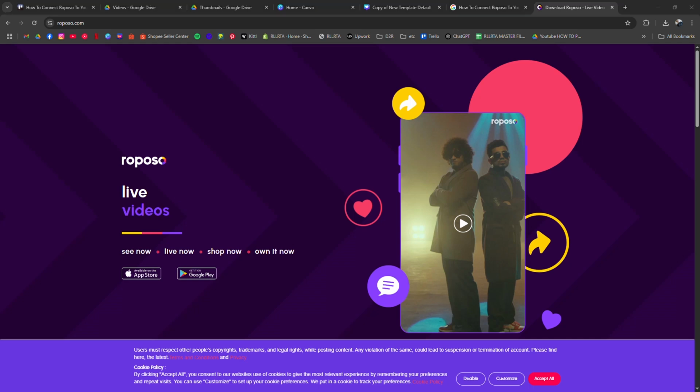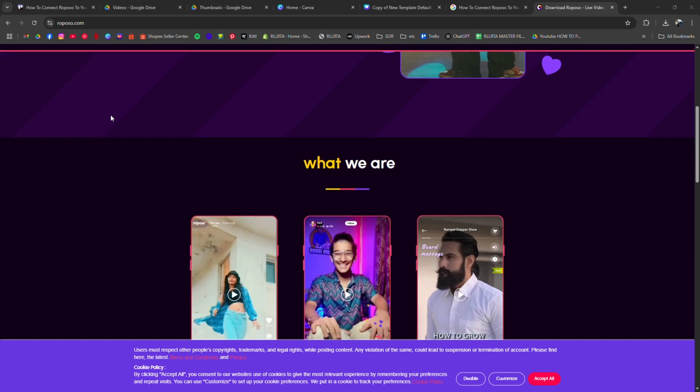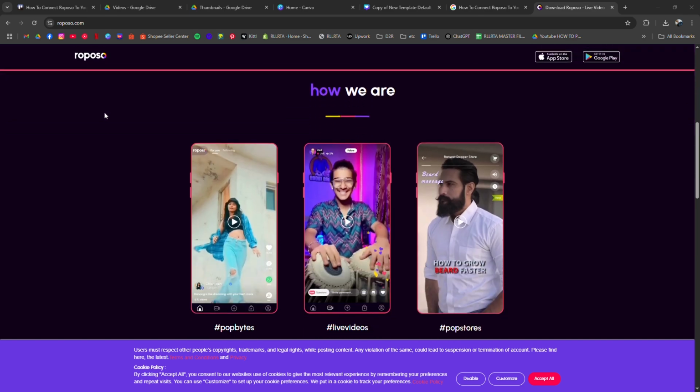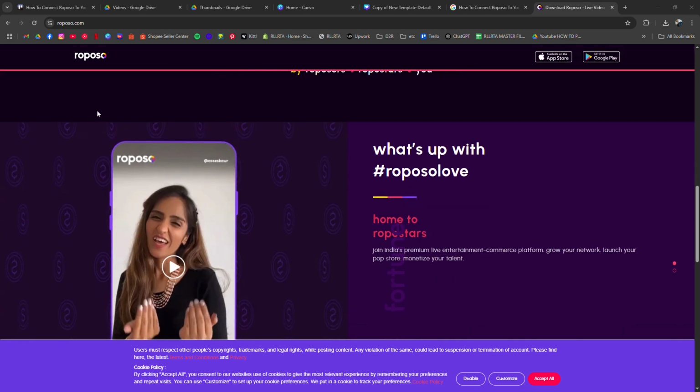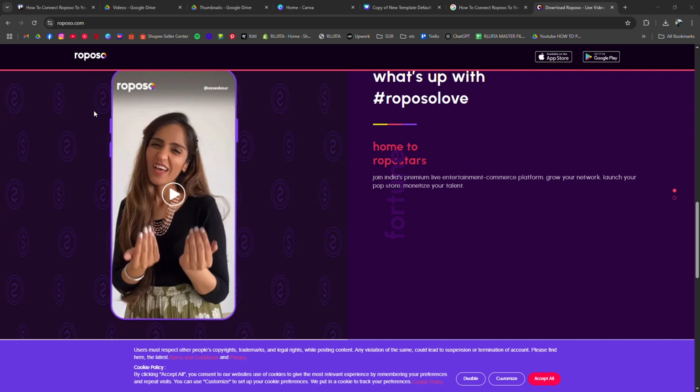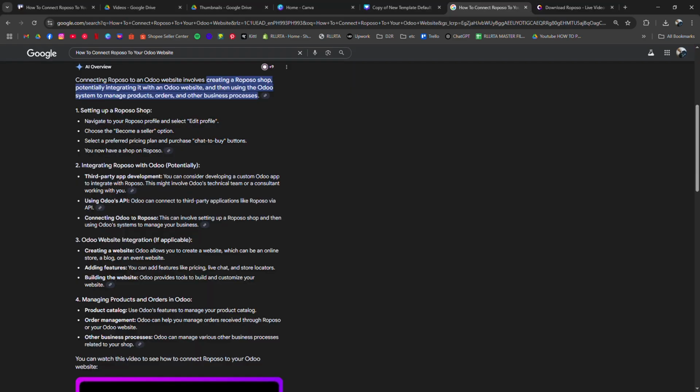How to connect Roposo to your Odoo website. I'm going to tell you how to connect Roposo to your Odoo website. First, it's important to note that Roposo, as a content and commerce platform, doesn't have a direct plugin for Odoo